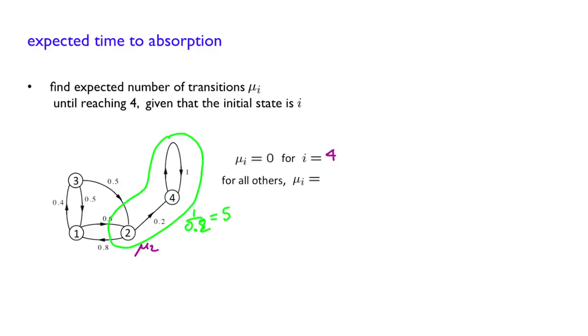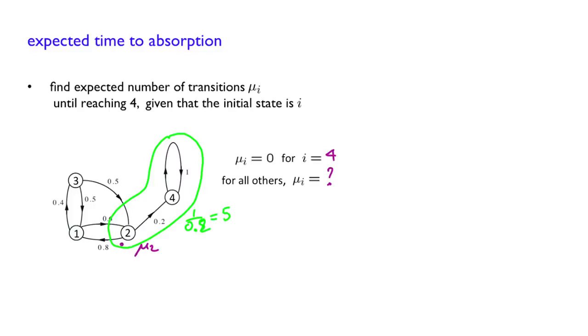What about for the others? Well, again, this is what we would like to calculate. How are we going to do that? Well, the argument is going to be of the same nature as the one that we used before. We are going to think in terms of a tree and consider possible options starting from a given state. So let's do this calculation from 2.